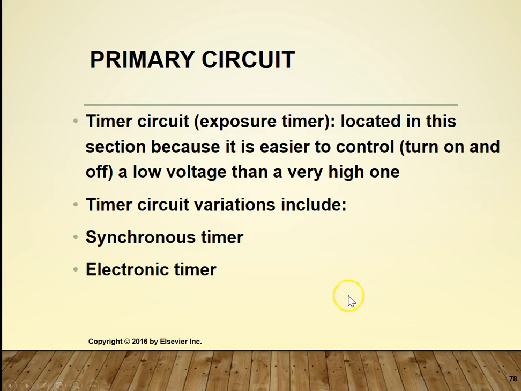The second variation, the electronic timer, is very sophisticated, but it's more accurate, and it's the one that we use more often today. So hint, hint, you need to know that. This timer is based on the time it takes to charge a capacitor through a variable resistor. Yep, big words for electricity. Once the capacitor receives its pre-programmed charge, it terminates the exposure. And the time it takes to charge that capacitor to its pre-programmed level is controlled by the variable resistor. Therefore, if we want a 1-second exposure, then the resistance is increased, so it takes